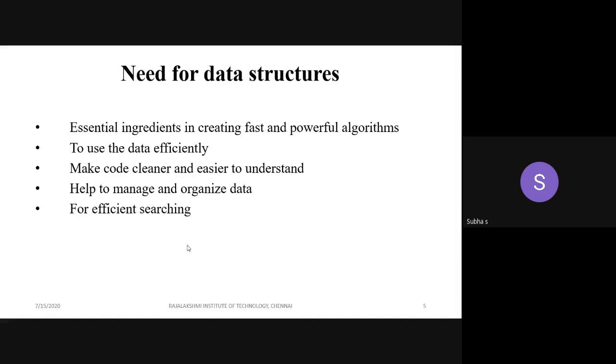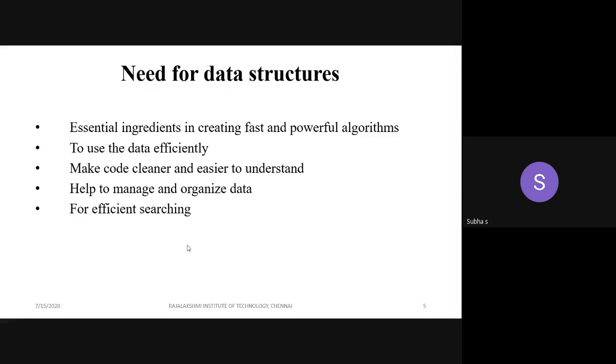For creating the powerful algorithm, data structures play a very important role. Suppose a very simple question: addition of two numbers. Write an algorithm to add two numbers. If the question is asked, normally what we people will do is start the program, declare the variables, read the input, process it, store the output, display the result, stop. What else can we do? We can use functions also to add two numbers. Like that, we have to think.